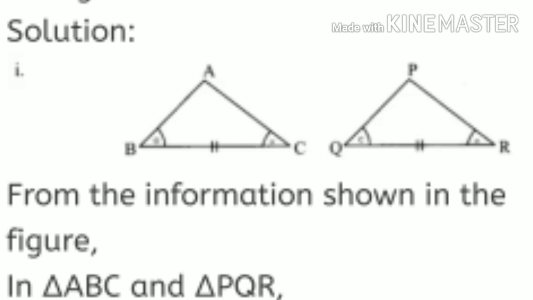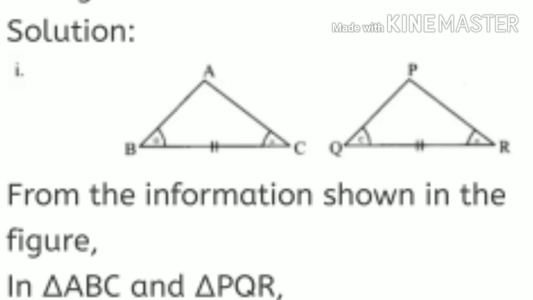If you observe, then you find angle B is congruent to angle Q. By 3 letters, angle ABC is congruent to angle PQR, and angle ACB is congruent to angle PRQ. By observing identical mark, we can say that angle C is congruent to angle R. So in 3 letters, angle ACB is congruent to angle PRQ. And side BC is congruent to side QR is given to us by identical mark. So side BC is congruent to side QR.